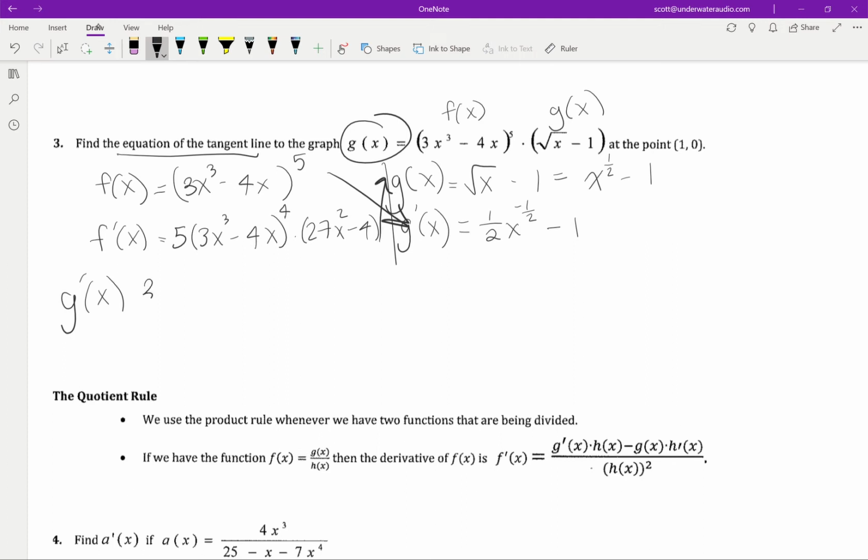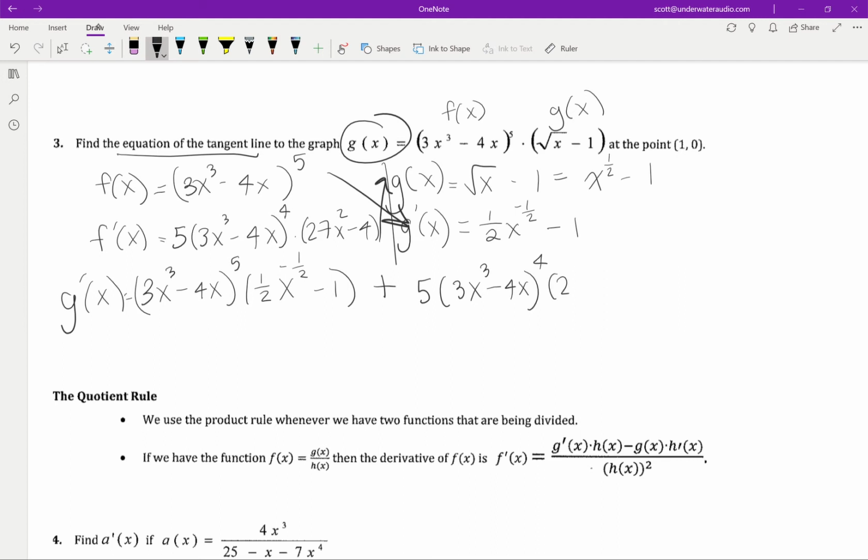So 3x cubed minus 4x to the fifth times 1/2 x to the negative 1/2 minus 1, and then plus on the other side f prime of x times g of x. So 5 times 3x cubed minus 4x to the fourth